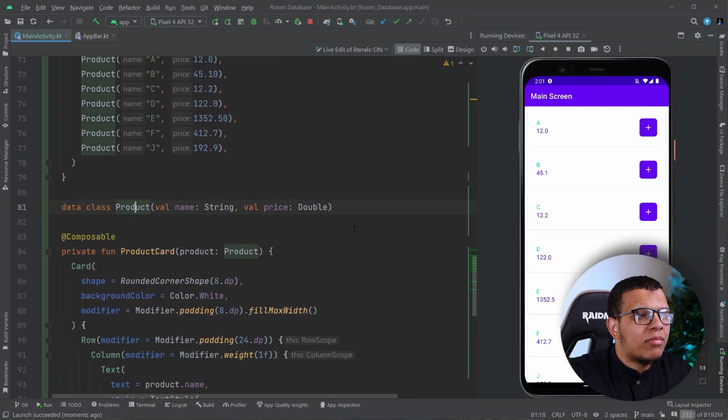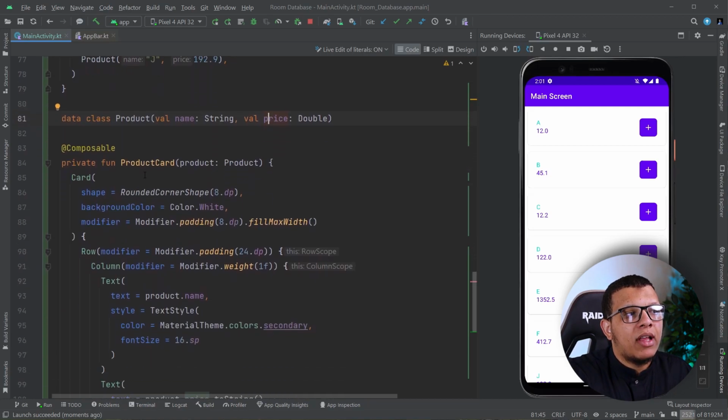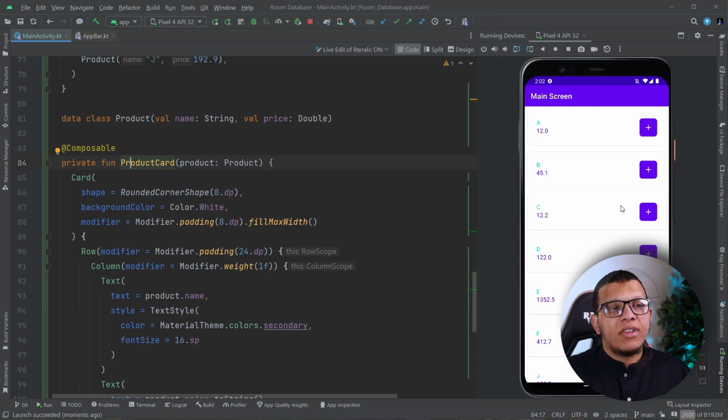Yeah, exactly. We do have a product. It just has a price and a name. There's a list of products, and there is this product card that shows each product, like a simple UI for this experiment. So we are going to do something called screenshot testing or snapshot testing, which is a test that